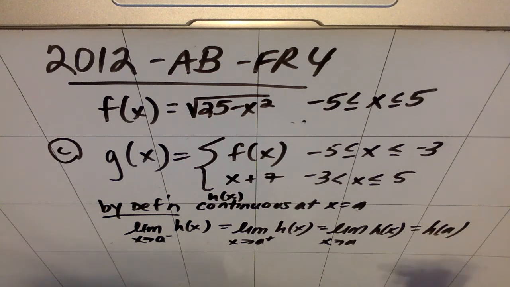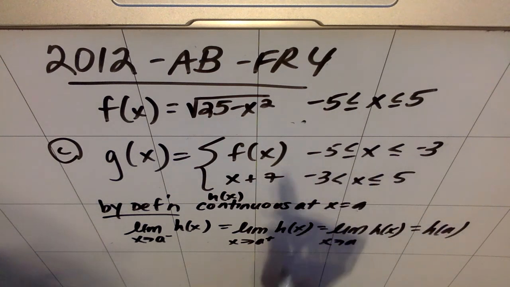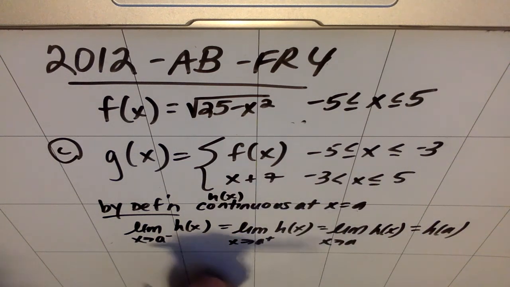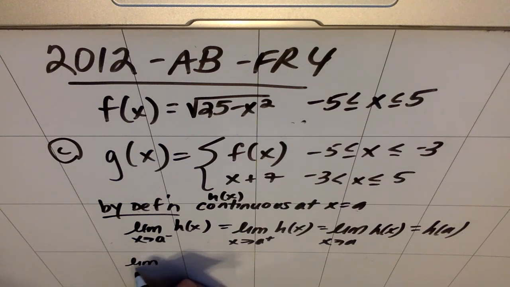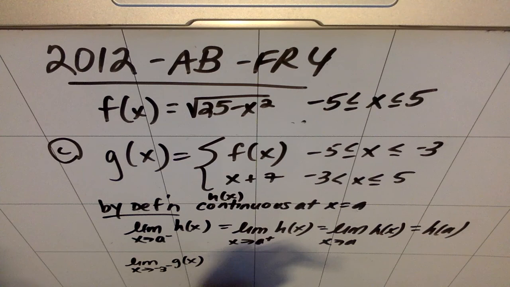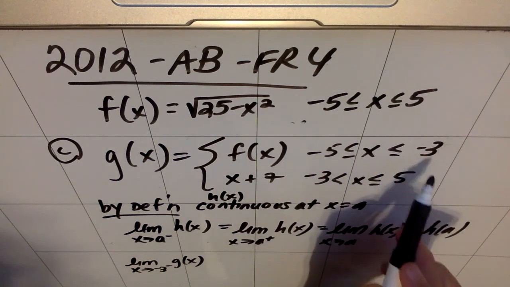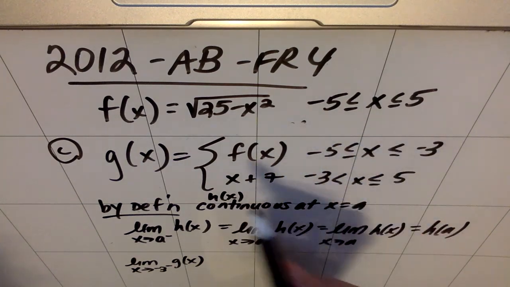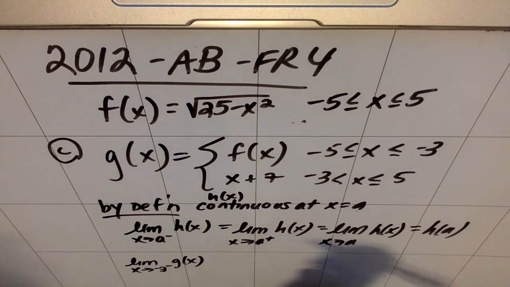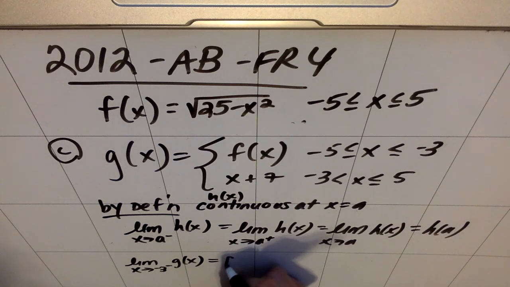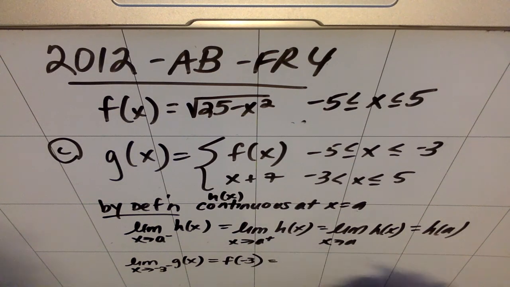So essentially, what we're really doing is we're going to find the left-sided limit, right? So if we wanted to do this, the limit as x approaches -3 from the left of g of x means you're plugging in this value, -3, on the left of the two functions, the function that occurs before -3. So that's going to essentially be f of -3, which is a value that we've already found. It's a 4, right? And the limit as x approaches